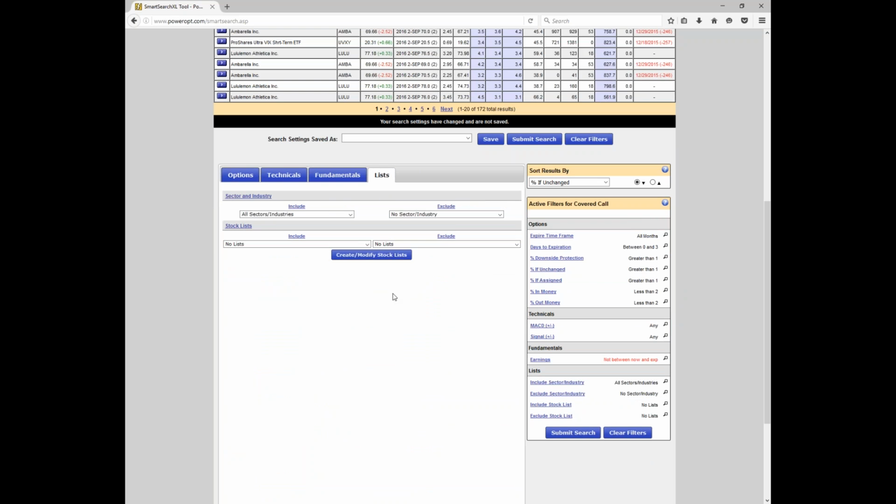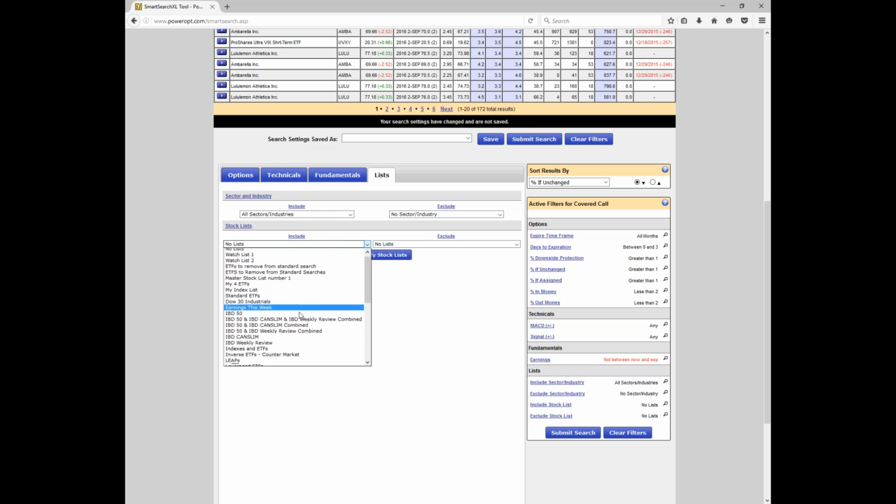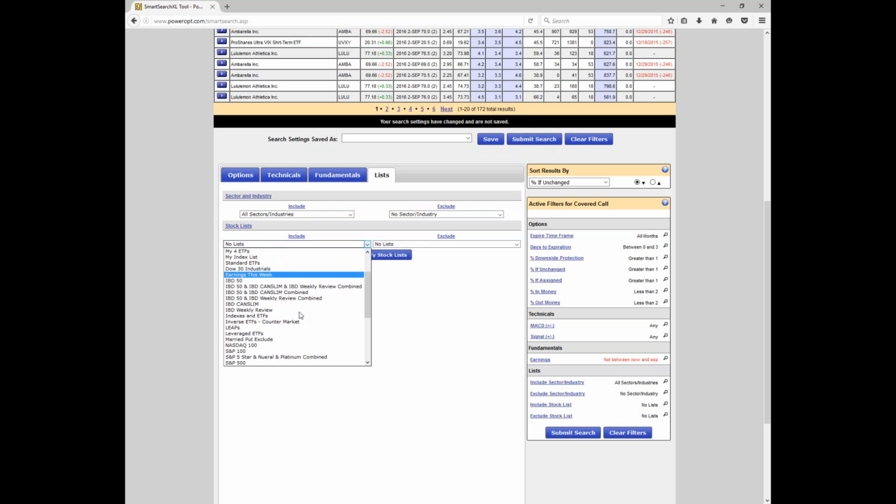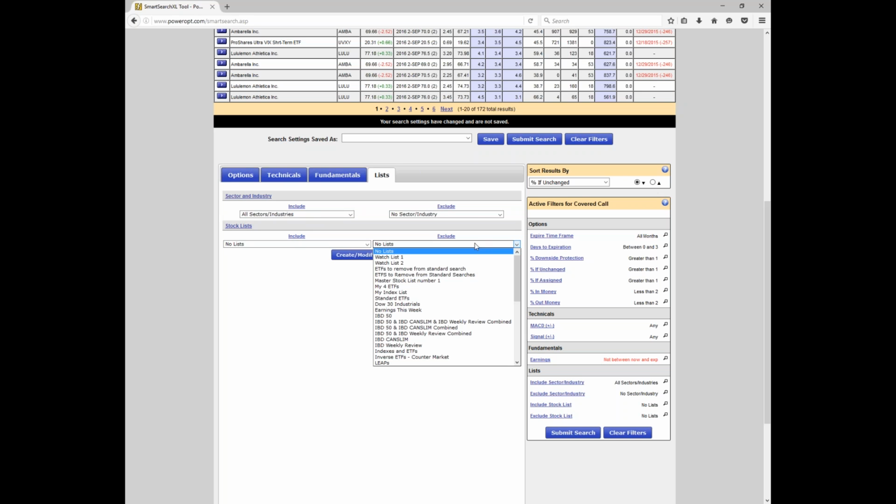The list function in every search will allow you to screen just against a specific stock list. So if I wanted to narrow down my search just to look at stocks in the NASDAQ 100 or the S&P 5-star, those stocks rated 5-star buys by Standard & Poor's, for example, if I just want to look at the Standard & Poor's 100 or the IBD 50, Investors Business Daily, we could do that. What I'm more interested in is I want to exclude